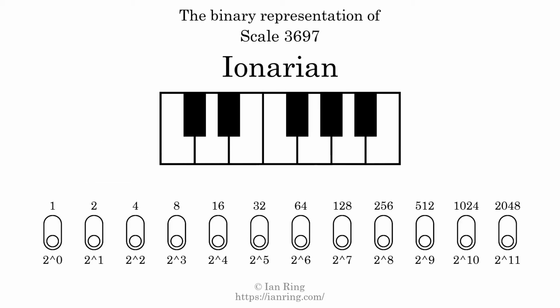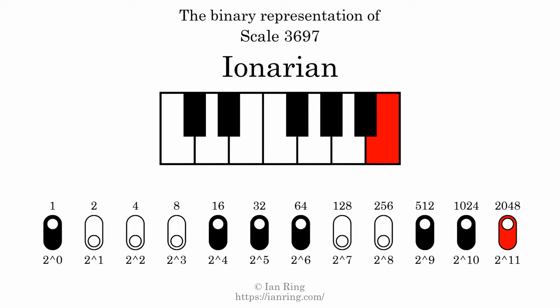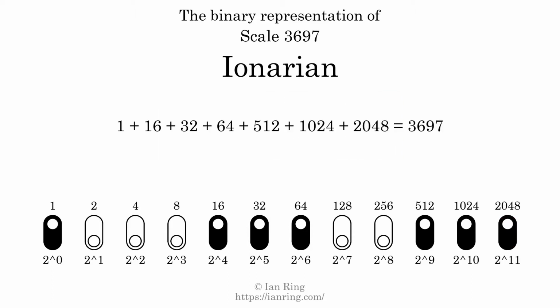The binary representation of this scale is determined by mapping tones of the scale to binary digits. Each binary digit represents a power of 2. To get the scale number, we add the powers of 2 together. The powers of 2 that are present in the scale, all added together, equals 3697. That is why the scale number, in decimal, is 3697. The scale number not only enumerates the scale with a unique index, but it also literally describes the tonal content of the scale. Represented as a binary number in base 2, the scale number is